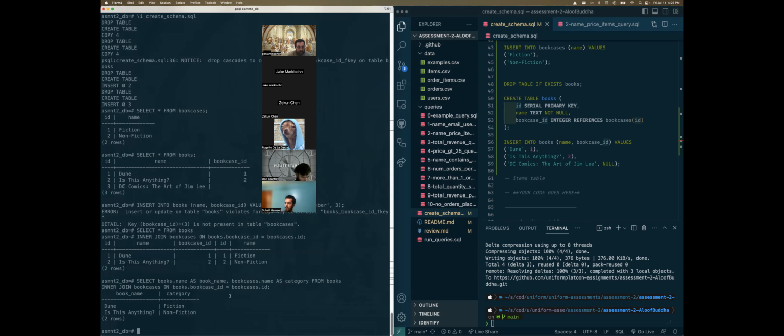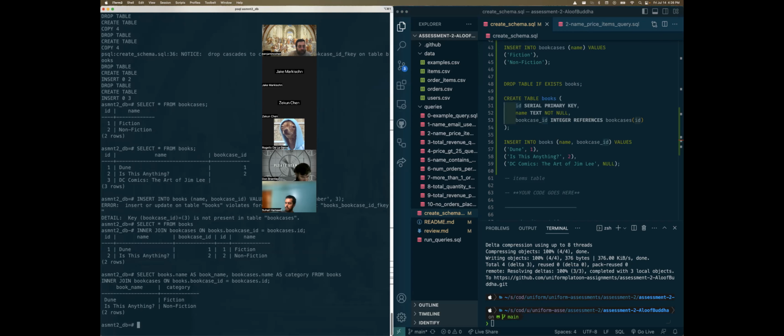The last thing we might want to show is, okay, so this was using an inner join, which means that we started with the table books, and every time the book had a bookcase ID that existed in the table bookcases, it matched them up. But what about for the null? If we want to make sure that we still have DC Comics, The Art of Jim Lee, in our final table, even though it doesn't have a meaningful bookcase associated with it,